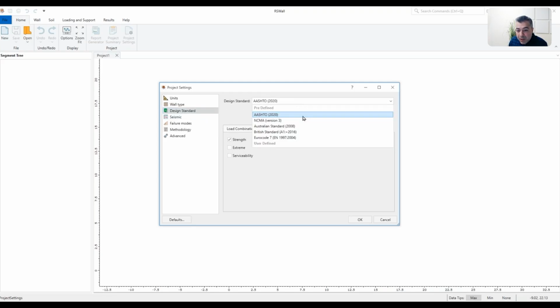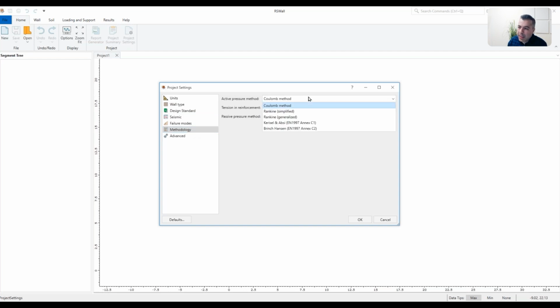But if I go back and change, for example, to British standard and go to methodology, you can see that I have way more methods. So this dialogue is based on what standards recommend. If they recommend different methods, we have them available. If they don't, we can't just make up methods here and bring them here, while the standards don't accept it. So this program is